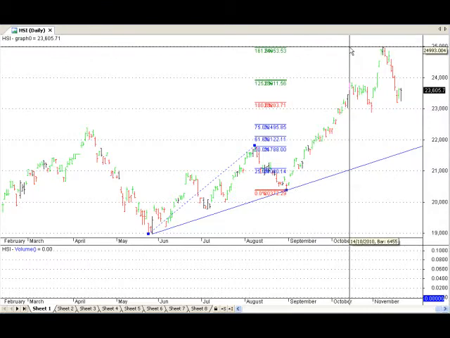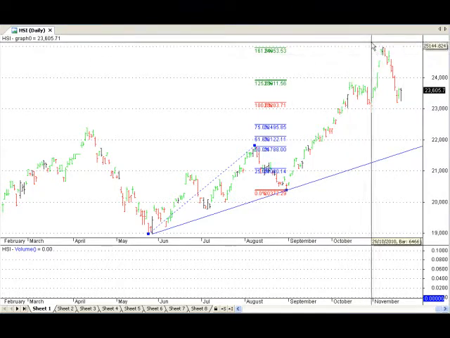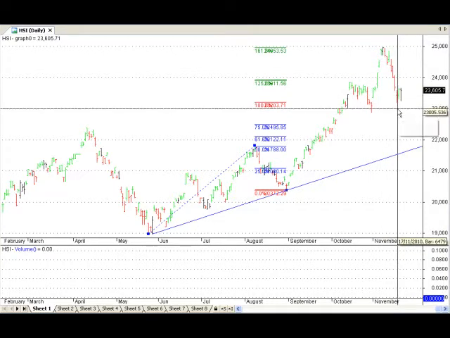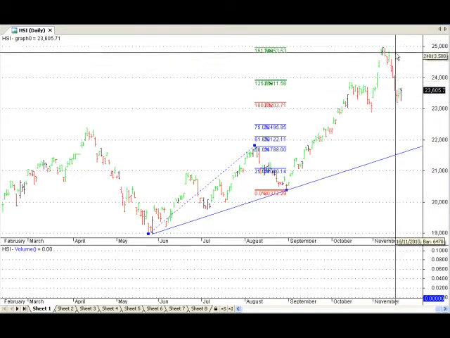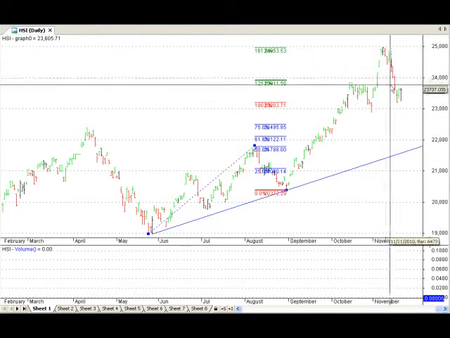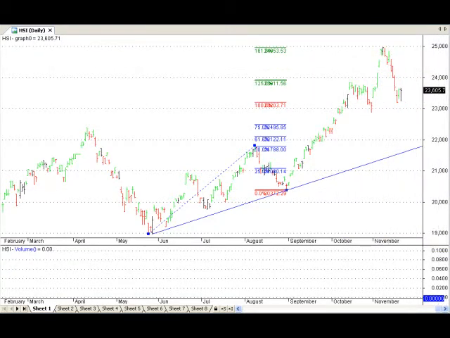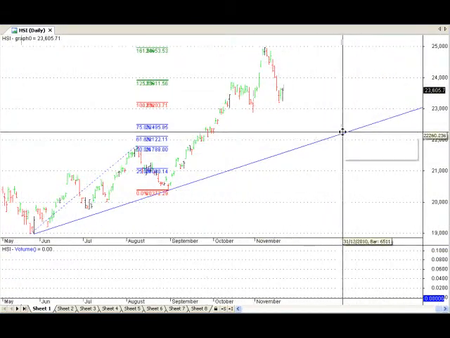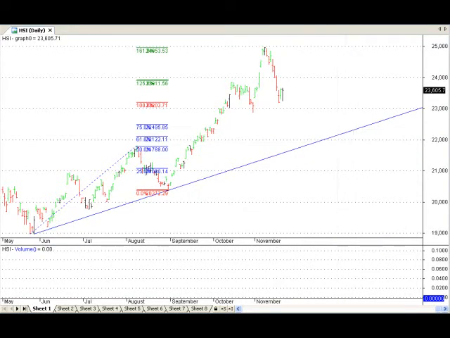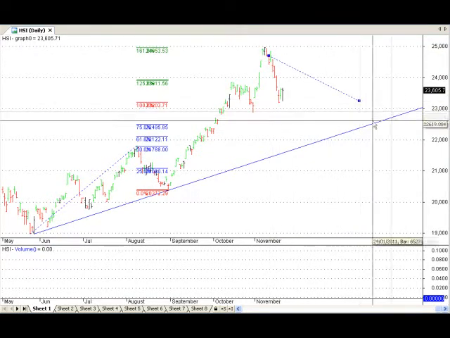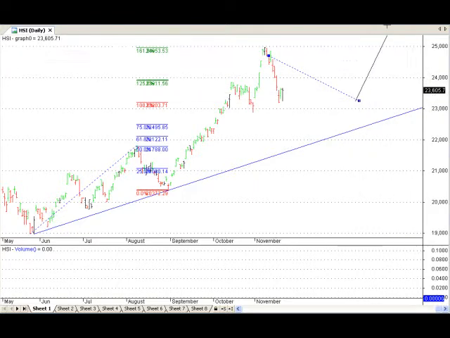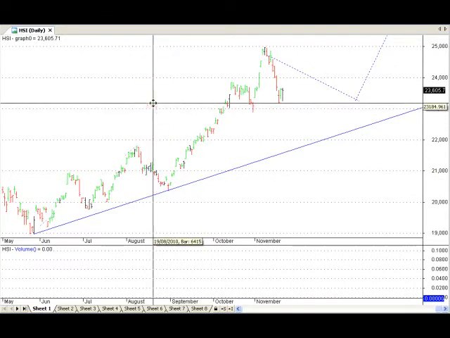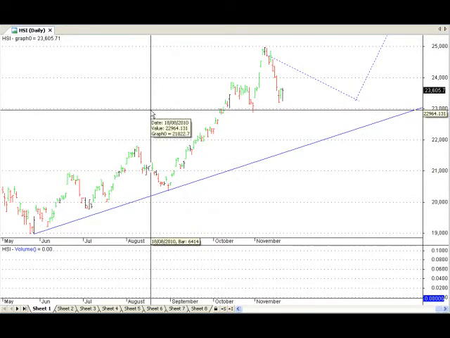So apart from that little rant there, guys, we've got our heading into wave 4, which is our Hang Seng sideways movement. As you guys know, could be expecting a move between 23,000 and 25,000. And again, because it's such a sideways movement, it tends to be a very shallow move. It doesn't really tend to retrace very deeply. A deep retracement would be around 22,000 on the Hang Seng. I'm not personally expecting that. I'm expecting this sideways move to continue, and then heading up from there. Happy days on the Hang Seng. So that, my friends, is the world markets from a chartist point of view in the world economy.